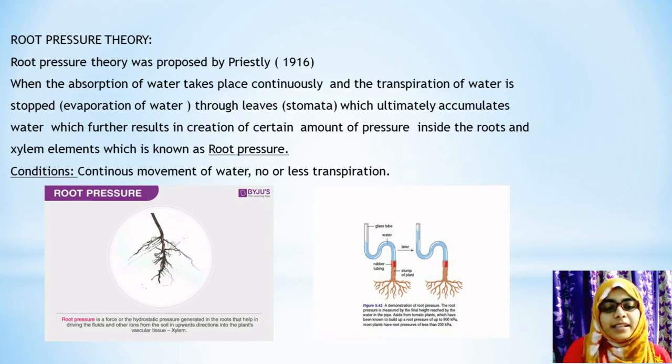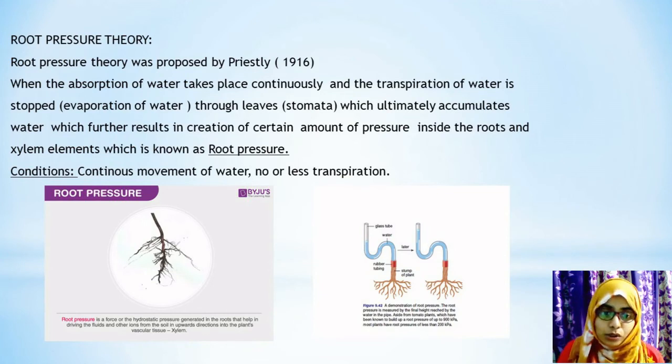Okay. So in the next slide, what happens? Now we have seen this in the experiment, but usually plants have leaves and everything. So when continuous movement of water takes place and the pressure exceeds a certain height, what should happen? Where should this water go? You can observe a certain amount of pressure. Just now we gave the example of a water tank. The water tank can fill up to its limit only. When there is excess, what happens? It leaks, yes or no?